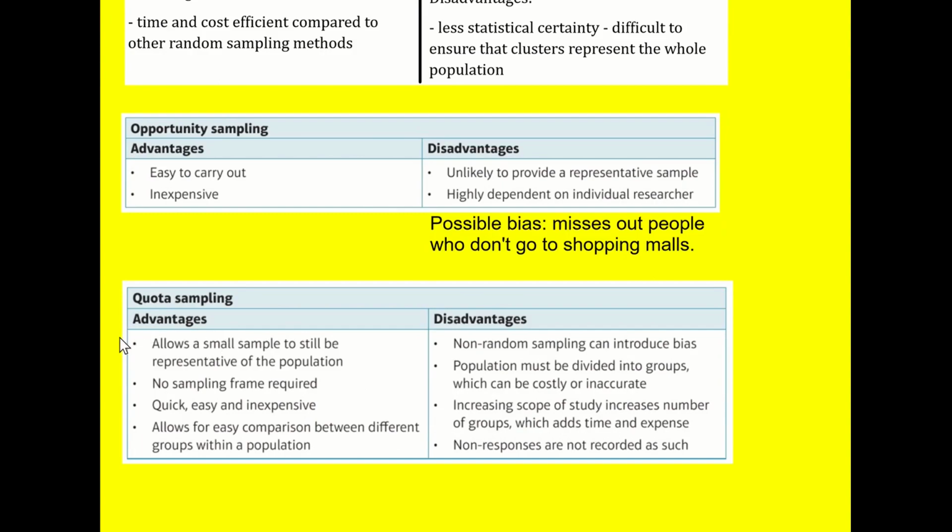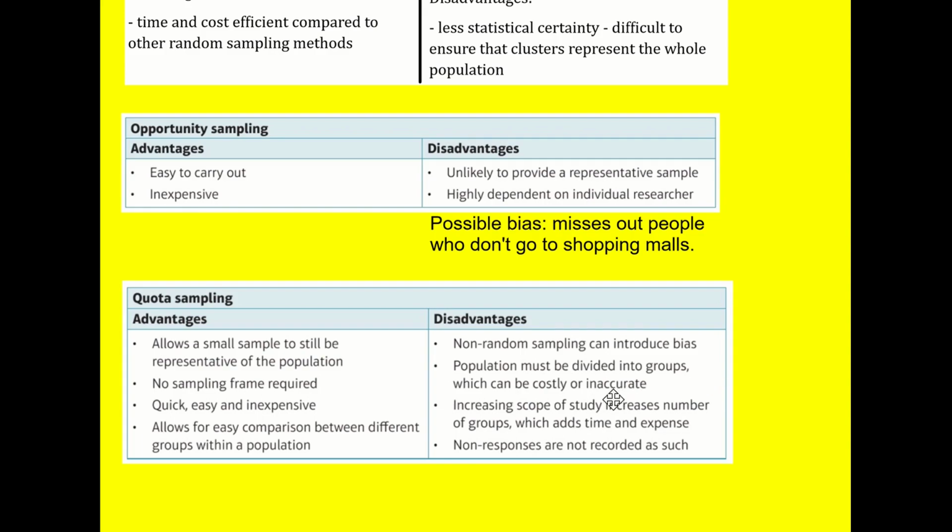So again, we get the advantage that it's going to be much quicker than these random methods. We don't need the sampling frame. We can make comparisons. However, we're still going to get this issue of bias because it's non-random. It's going to be more biased than in those other random methods. We still have to think about dividing people into groups. It depends again on the method for how difficult that will be. If you said, as I said, maybe look at age groups within the gender type,